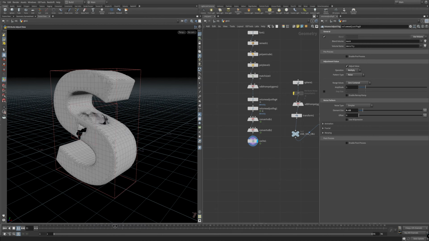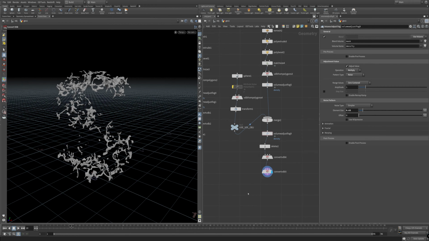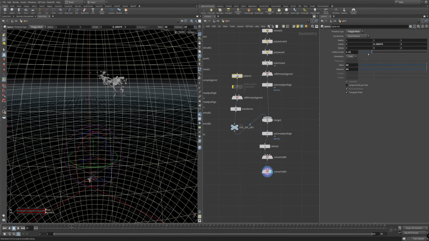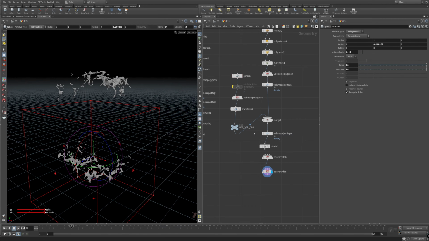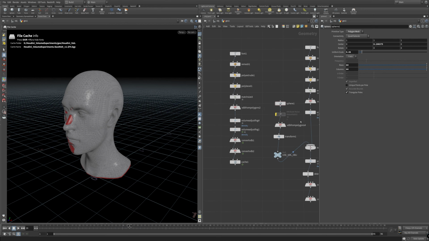We've got this one here with this S kind of disintegrating, and then I've got another one over here, which is nothing really fancy, which I clearly messed something up as I was doing this. Let me reactivate this up here. What did I do? I scaled this down. That's why. Like so. So you can see we're driving this from an object right there. And then we've got another one over here that's kind of like this face melt thing going on. Like so. I'm imagining like acid being poured on somebody's skin or something along those lines. So yeah, some fun stuff that we can do with this.